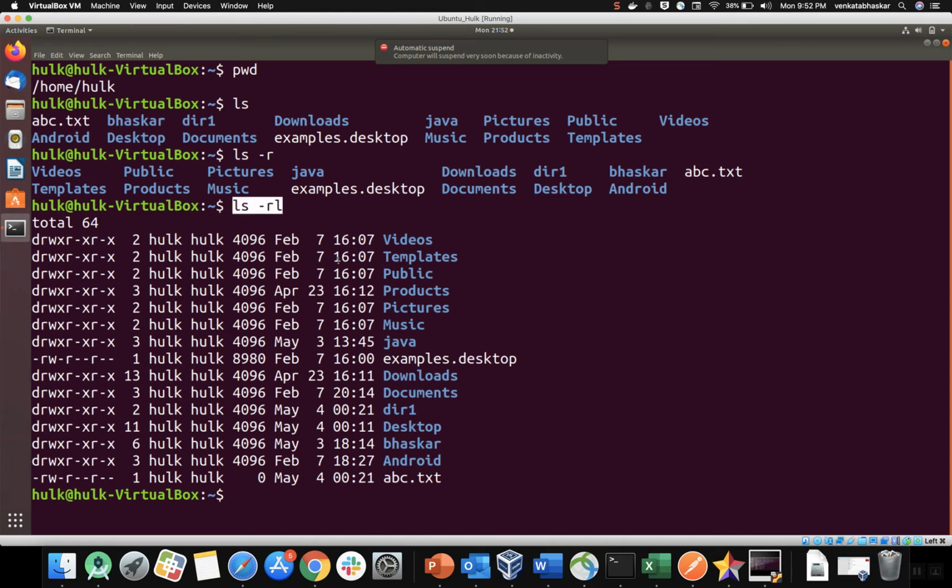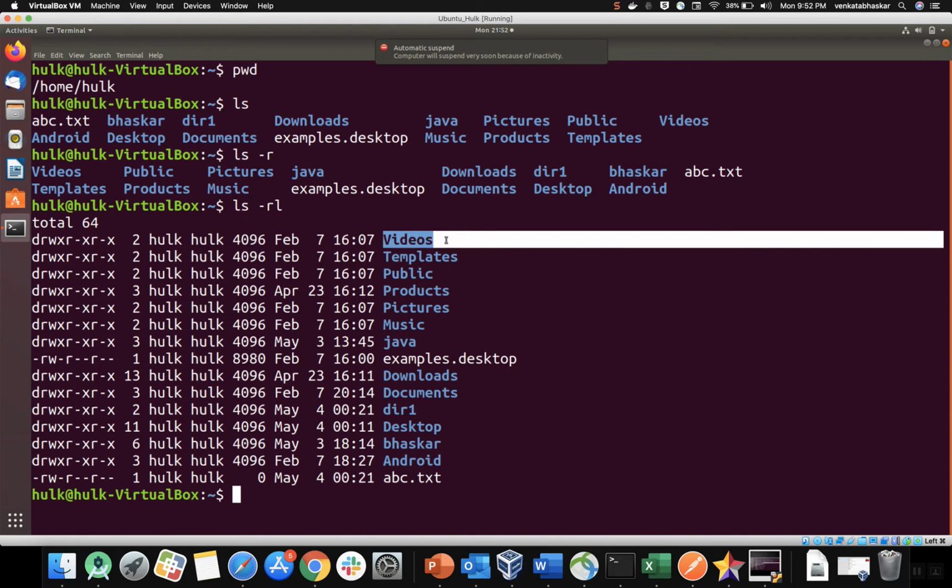If I want to display a long listing of files, you can see the reverse alphabetical order now: videos, next templates, public, product. See, these are all in reverse order. Okay, this is the r option.